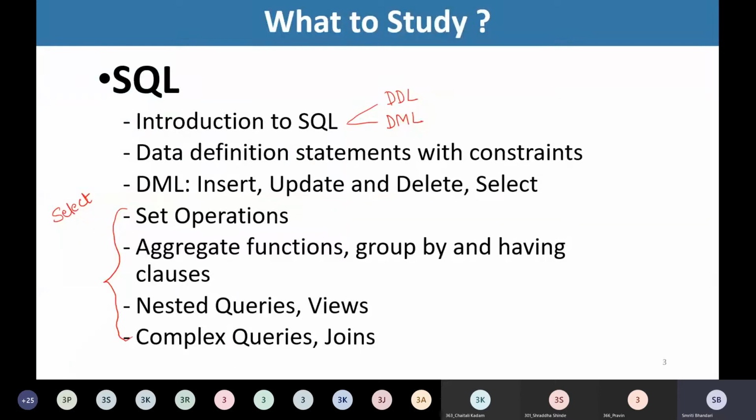In fact, we have gone through relational algebra where we have touched upon all those concepts in some way. Right? So the relational algebra we are going to extend now in SQL, so that practically we can implement those SQL statements with our relational database.